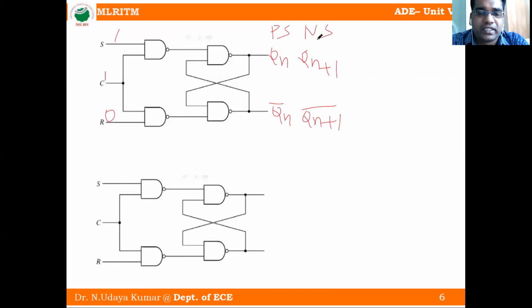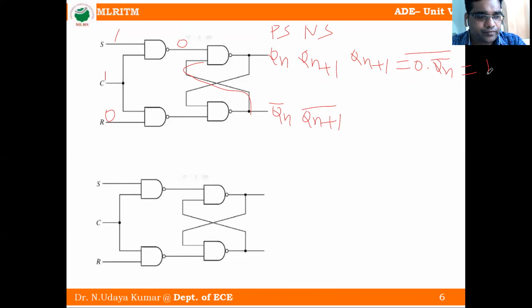Okay. Now we will see the 1 0 case. So 1 0 case means here 1 1. 1 into 1 is 1, 1 complement is equal to 0. Then one input is 0, other input is Qn bar. Now we will calculate the Qn plus 1 state, that is the next state, equal to first input 0 into other input Qn bar. It is a NAND gate, means whole bar. So 0 into anything is 0, whole bar is equal to 1. So we got 1 for the 1 0 case.